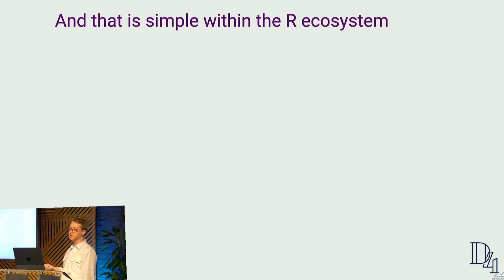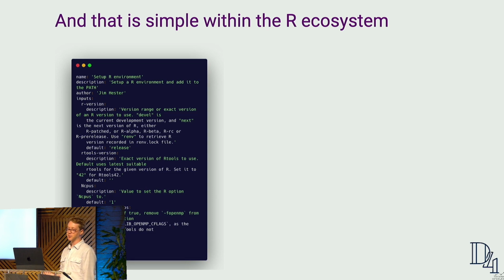In the R ecosystem, there's a great community around GitHub Actions. Here, we have a YAML file, and you can view this as the instruction set for GitHub Actions. So all these are various steps that do something for you. This one here sets up an R environment. So like a Raspberry Pi in the sky, you get a blank machine that does whatever you want it to do. Here, it installs R, and then you have to do what you will with it.